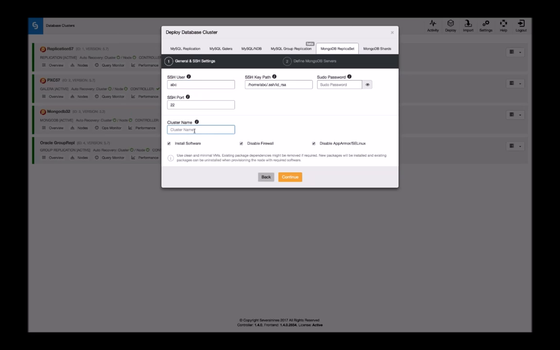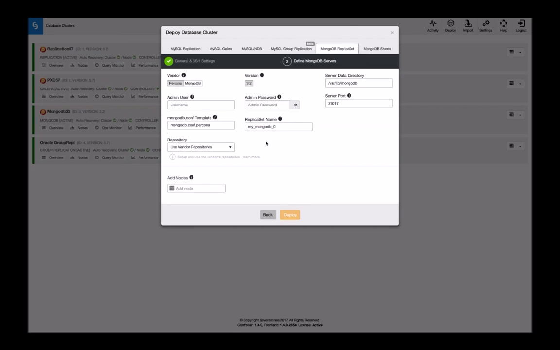MongoDB replica set. So this is pretty similar to all types of clusters that we have, that we have to define these generic properties first. And then we can press continue, and we have an option to choose if we want to base our cluster on Percona's release of MongoDB, or